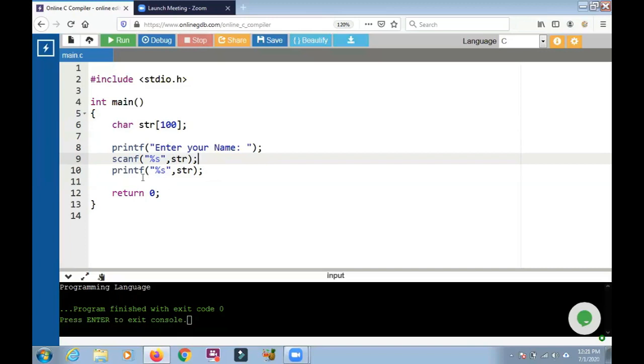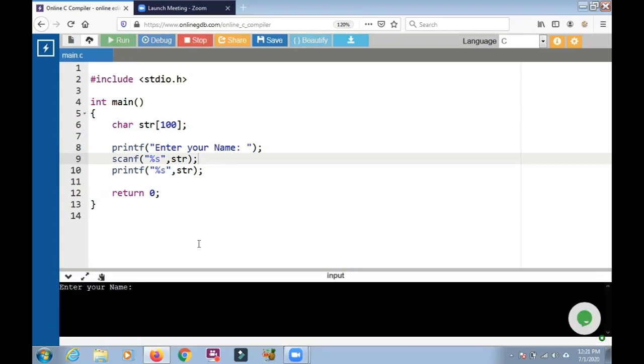And then I am printing that str variable content on the monitor by using a printf statement. Then it is asking the user to enter the name. Then I am entering my name, Ratnakishore. Then if I press enter, automatically that string is displayed as it is. See, I am running the program again. Then again it is asking my name.